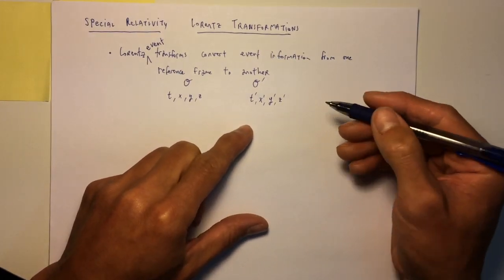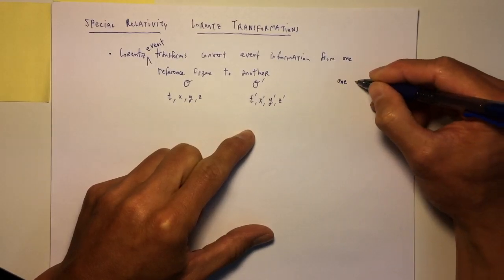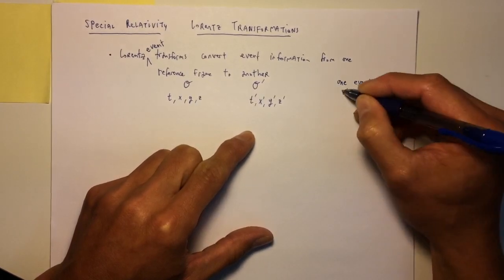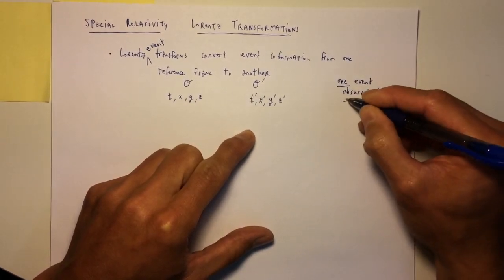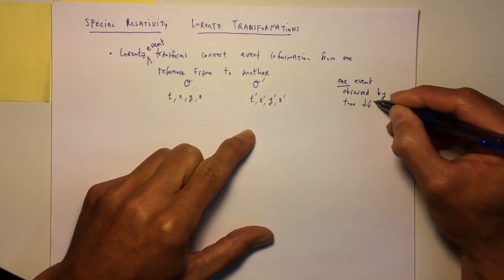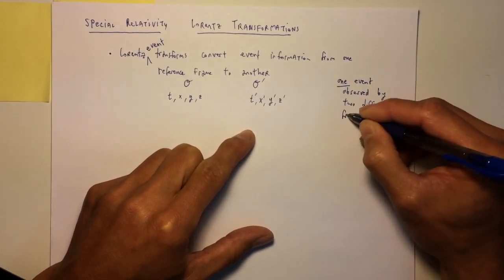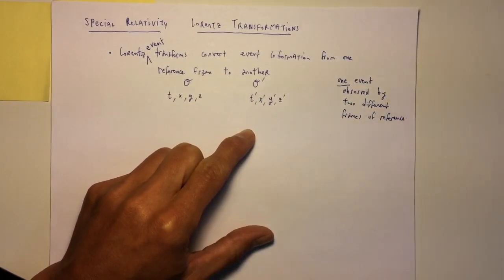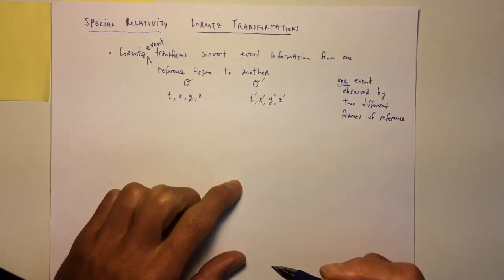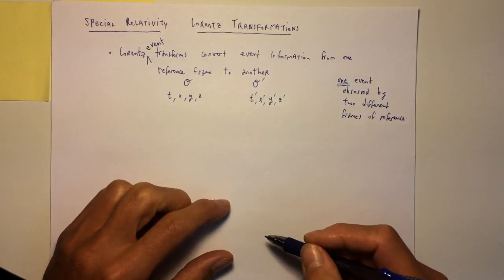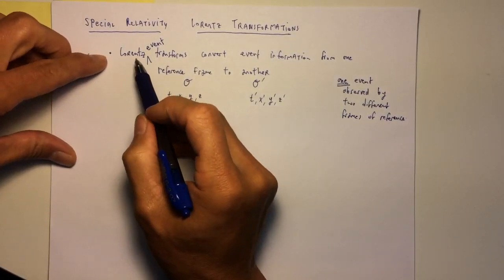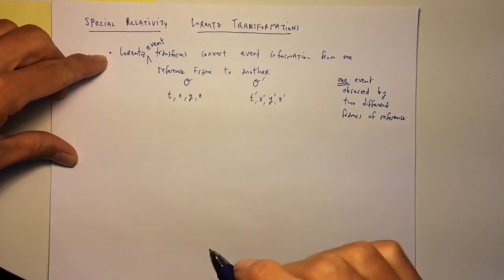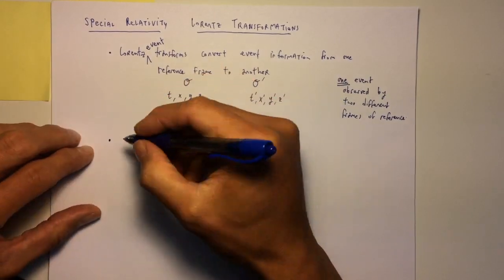So the idea is one event observed by two different frames of reference, right? So it is one event. Okay, so Lorentz event transforms, that's something I'm going to show you in this video, but also there are